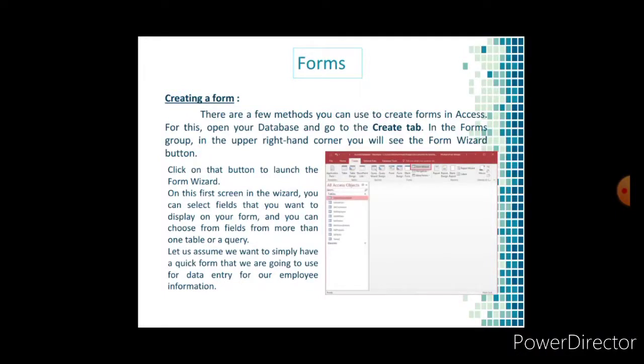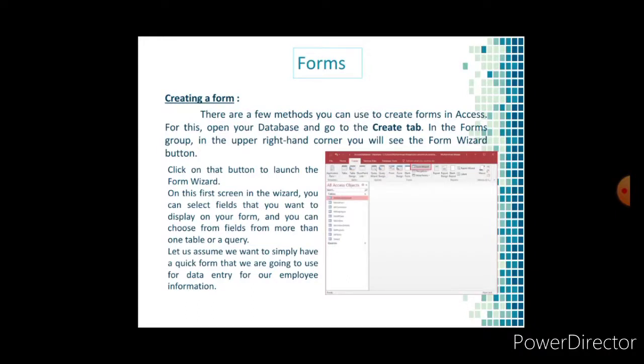For example, you may create a form where a user can select a form to load, a report to run, etc.